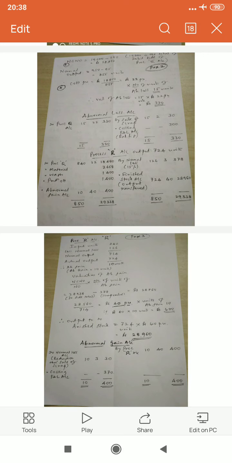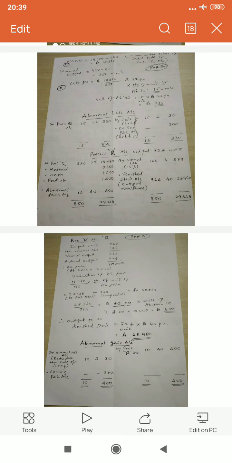18,810. Now, how much is normal output? Normal output, just now having told, input into process Q 950 less normal loss 95. Therefore, normal units or good units stood at 855. Therefore, cost per unit is equal to 18,810 divided by 855, which works out to rupees 22 per unit. 22 per unit into number of units of abnormal loss, 15 units. Therefore, value of abnormal loss is equal to 15 units into rupees 22 per unit put at rupees